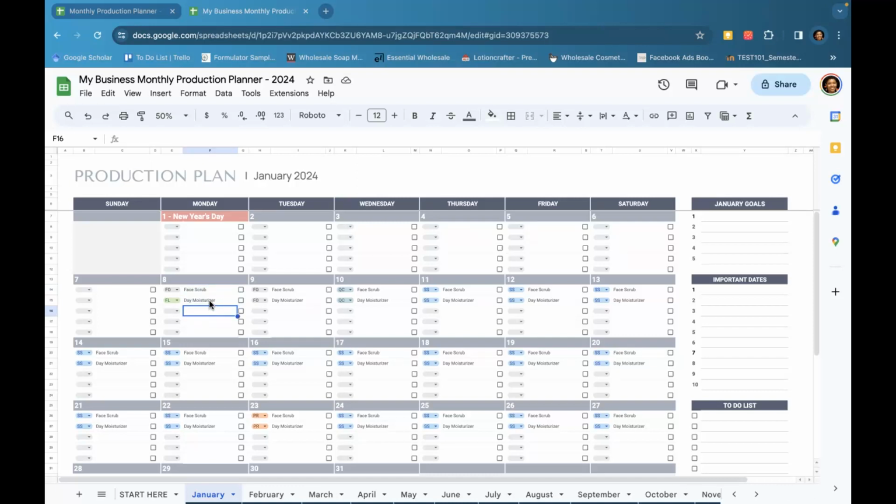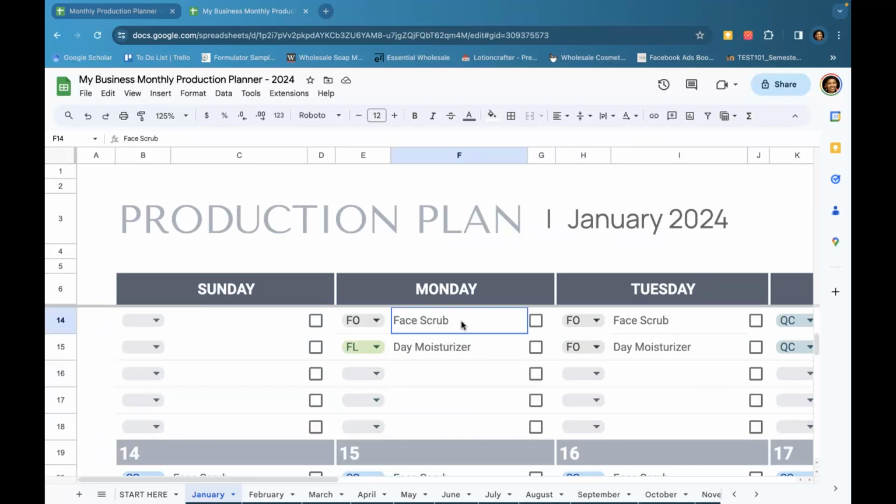I want to focus on just doing some slight tweaks to a formulation just to get it ready, doing some ongoing stability studies work, and then doing quality control assessments as well, doing some purchasing to get all the raw materials I will need so that I can go into the production of a batch so that I'm ready for promotions on Valentine's Day. And the purpose of the planner is for you to document each of those different activities through each week. So if I zoom in, we have here,